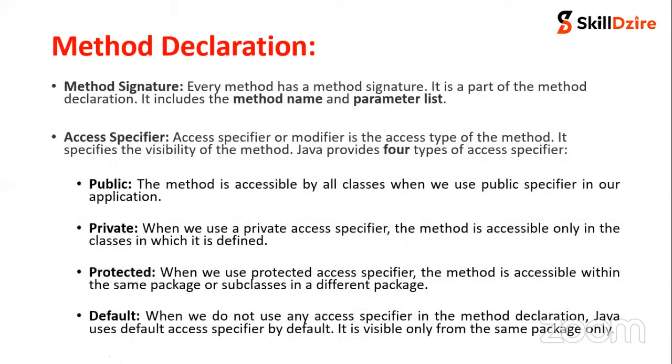Next is the access specifier. The access specifier will specify the visibility, or that will give additional security to your method. If you are declaring your method as public, then that method will be accessible everywhere, to all classes, inside your package and outside the package. The private access modifier will just limit the scope to that particular class. So if you are writing the access specifier as private to a method, then that method will be accessible